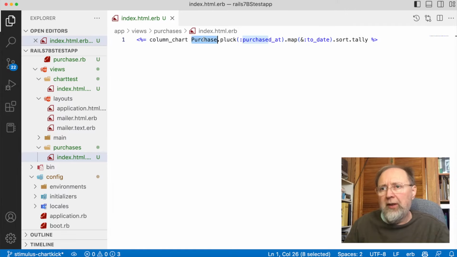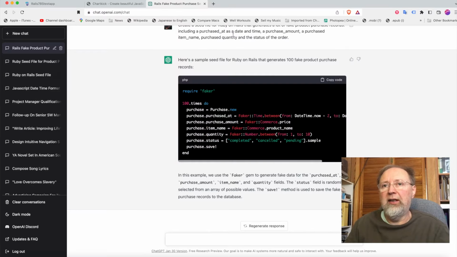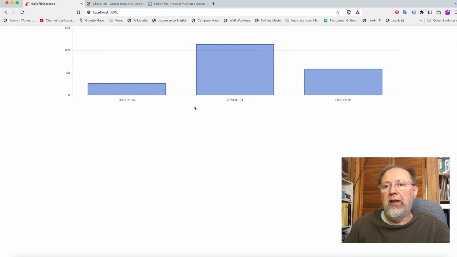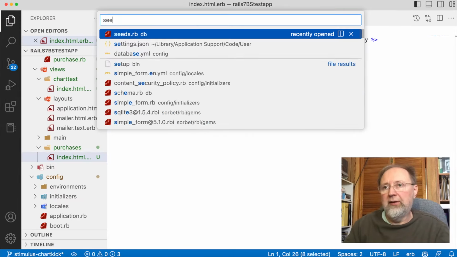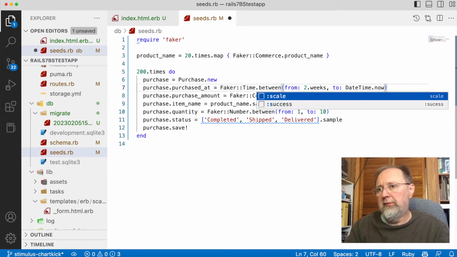We're going to find all of the purchase objects. We're going to get the purchased at, and we're going to map that to a date. And we're going to see in a second, I think, that I kind of messed that up. So that's because I didn't do a wide enough date range. It doesn't look very nice. Let's change that seed file to, let's say, 2 weeks ago,